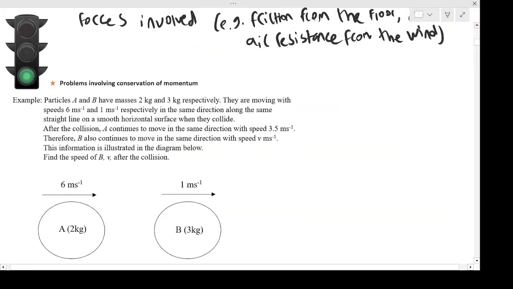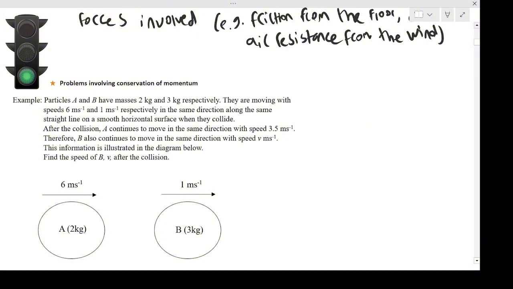Okay, so we've got this question here first. So here we're told particles A and B have masses 2 kg and 3 kg respectively. They're moving with speed 6 meters per second and 1 meter per second respectively in the same direction along a straight line on a smooth horizontal surface. Okay, a bit of waffle there, right? But